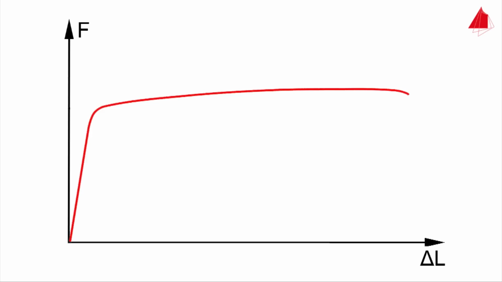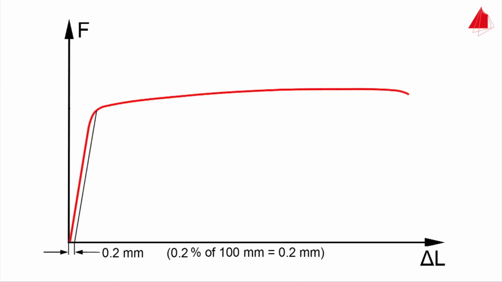And this is the way to calculate it. First of all, the elongation that corresponds to 0.2% of strain has to be computed. For an initial gauge length of 100 mm, the result is 0.2 mm. In the force elongation diagram, a straight line parallel to the elastic line is drawn through the offset point of